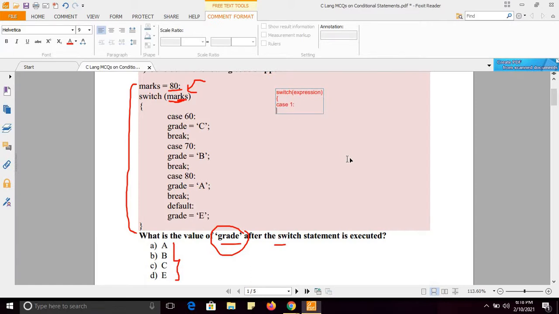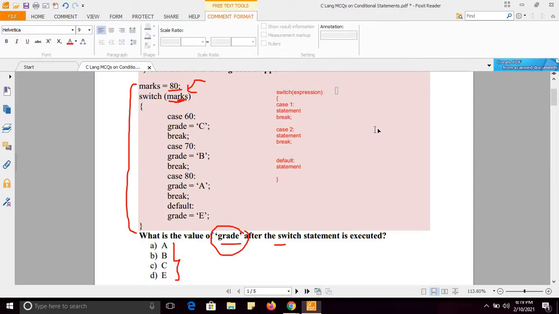Case 1 statement, and then break statement, case 2 statement, and then break statement, and so on. And in the last there is default case and statement under that case.